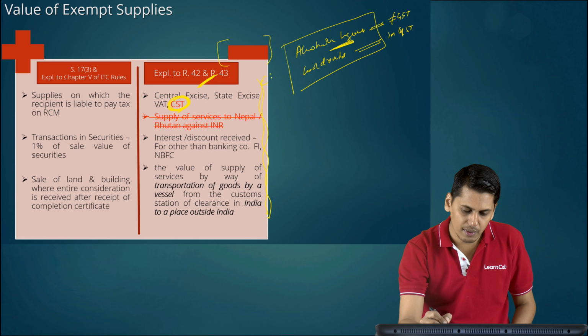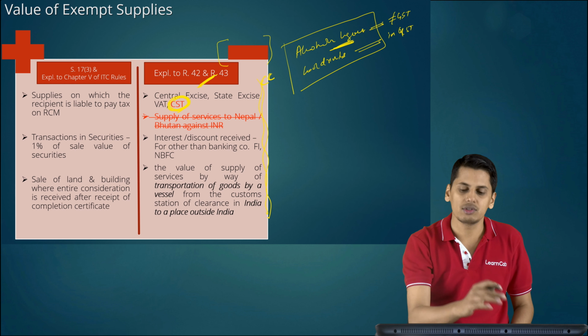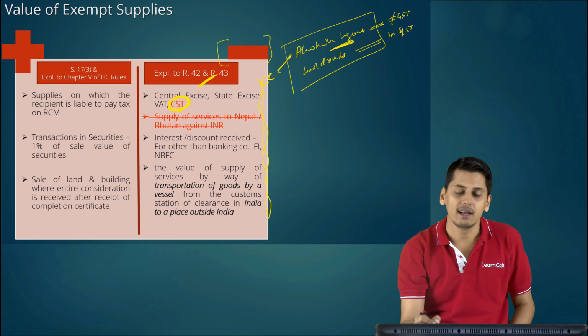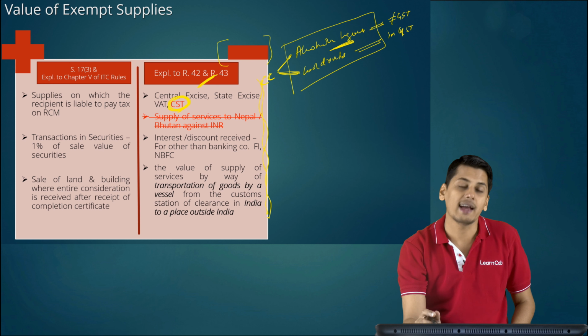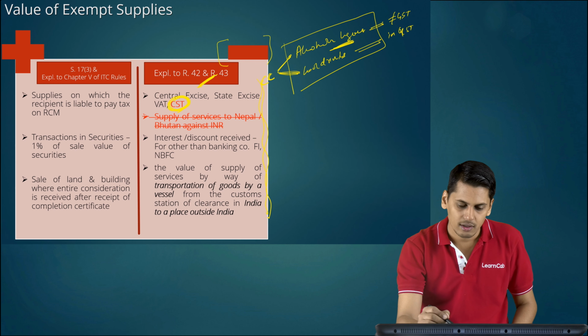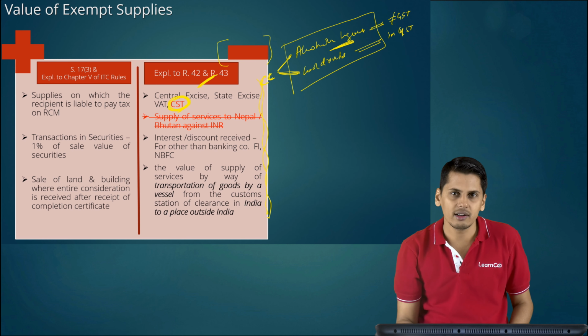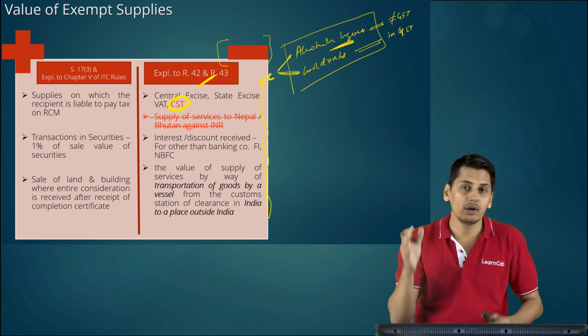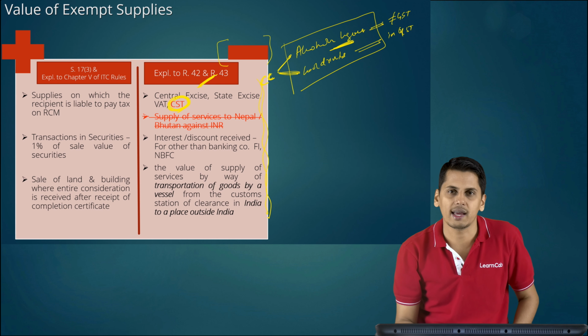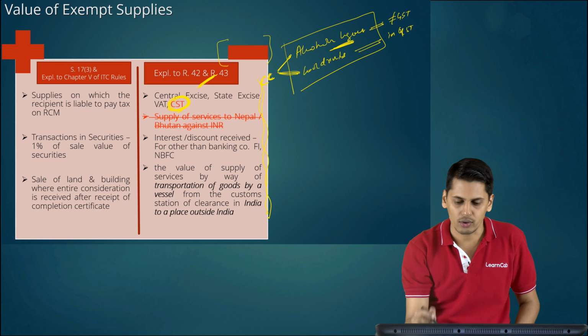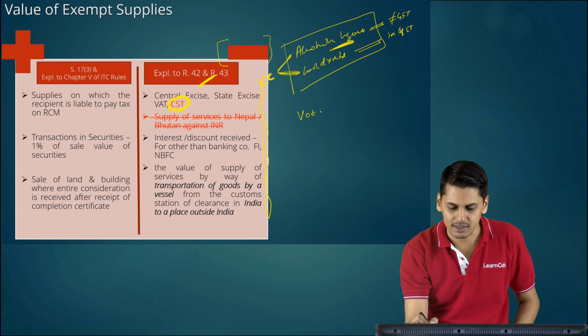Now friends, there is some common credit which is being used for making a non-taxable supply as well as making a taxable supply of cool drinks. You will take the entire credit of this common credit and thereafter you are going to add something back to the output tax liability. Now what is the addition you are going to do? It is going to be value of exempt supplies divided by turnover in the state